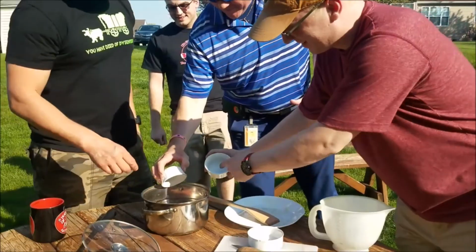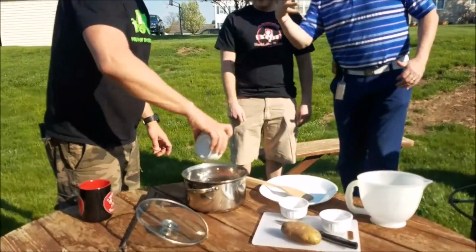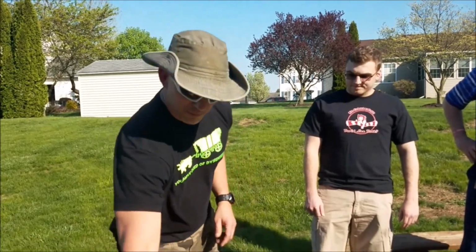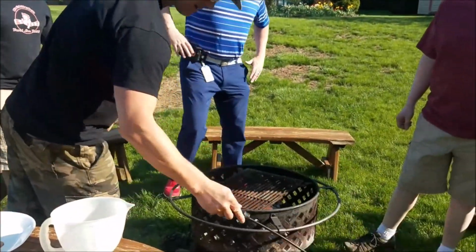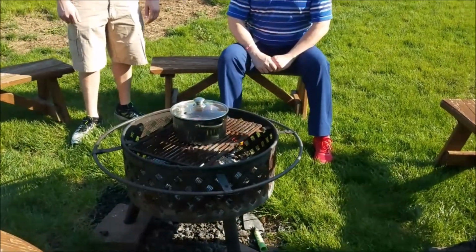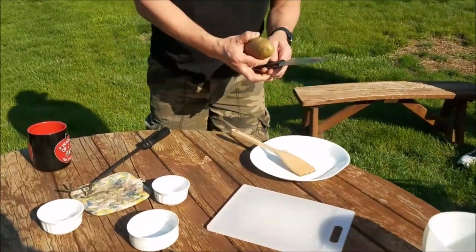Salt and pepper. And we have some bouillon. Drop the bouillon. Very simple recipe, ladies and gentlemen, for simple meat soup. We are going to put this on our fire. We're going to let this boil. Once it boils, we're then going to add the potato to it. So let's take this and look at that. Now while that is there, I'm going to take my pre-washed potato, and I've got a very